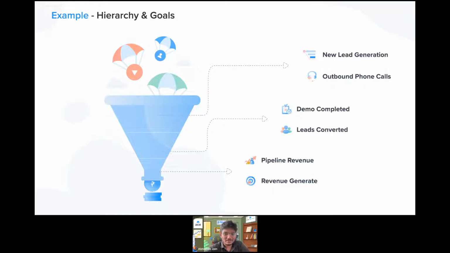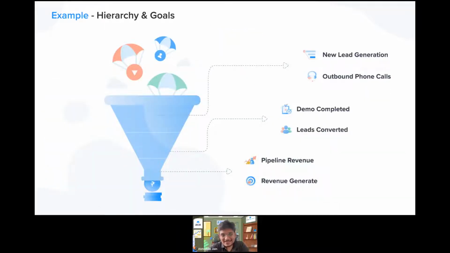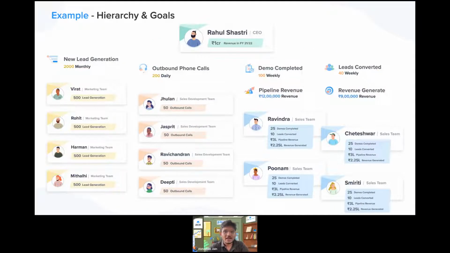So with that context, what I would like to show you is how ACE Goals would help you. And right after this slide, we will jump onto the demo to showcase how all of these things are done. If you go back to the previous slide, we had these 6 objectives, which are categorized in different segments of the funnel, right? What we have done is taken these objectives and turned them into goals. Why? Because, as Rupesh also mentioned before the call, unless you have these targets, these goals, it becomes very difficult to track them and work hard towards them, right? So that's the whole idea.